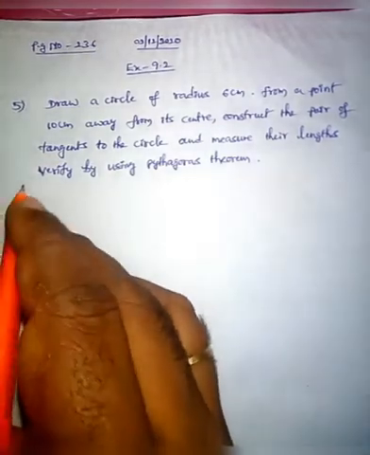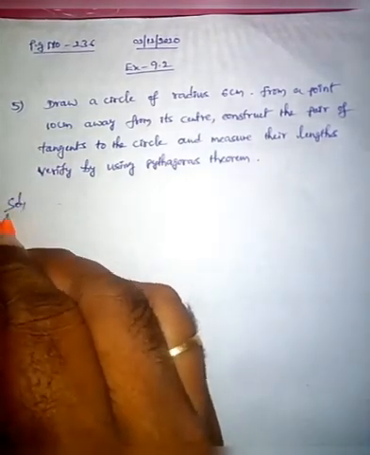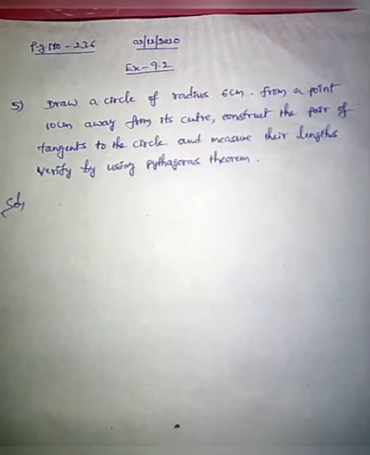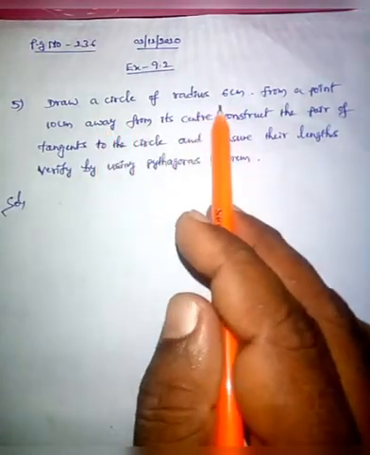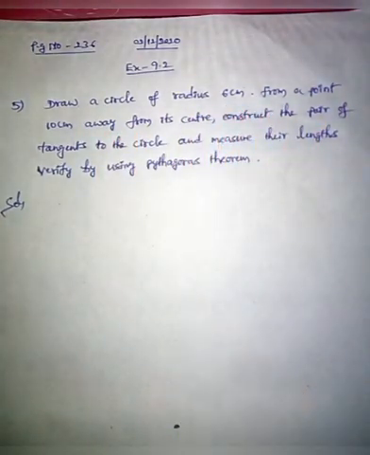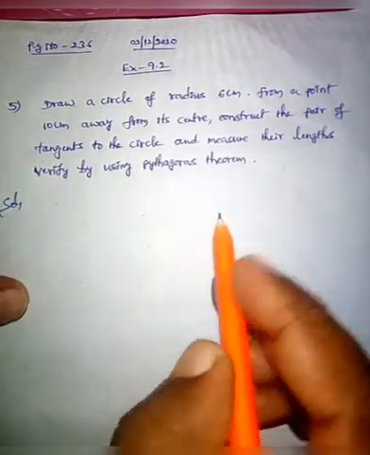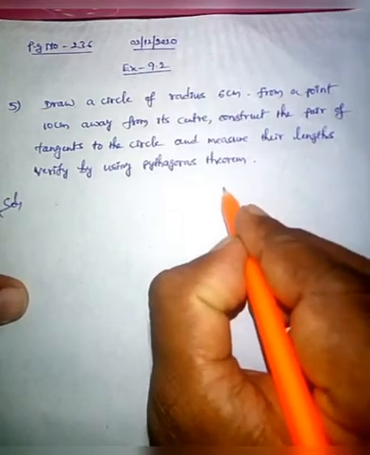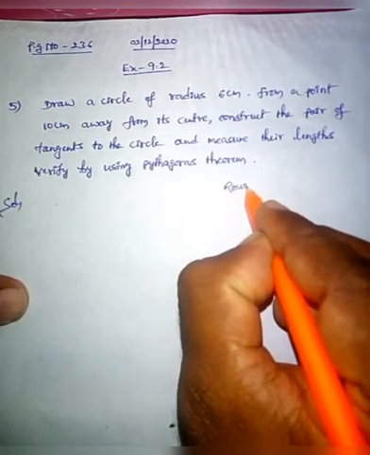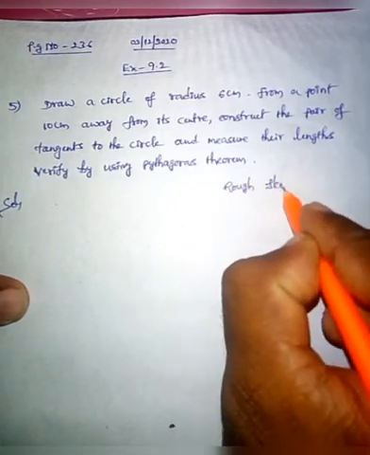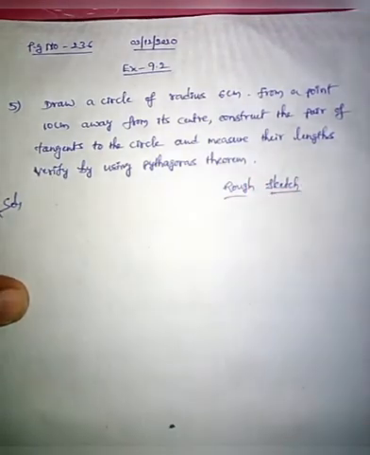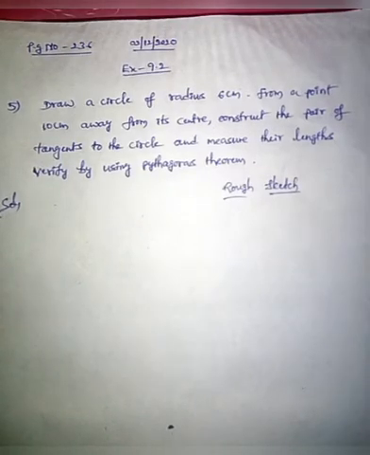Okay, solution. Children, for every construction we have to draw a rough sketch of the given construction. Here in the problem we have to construct a circle and two tangents from the external point to that circle. So first of all, draw the rough sketch. The rough sketch gives an idea of how to draw the actual construction.